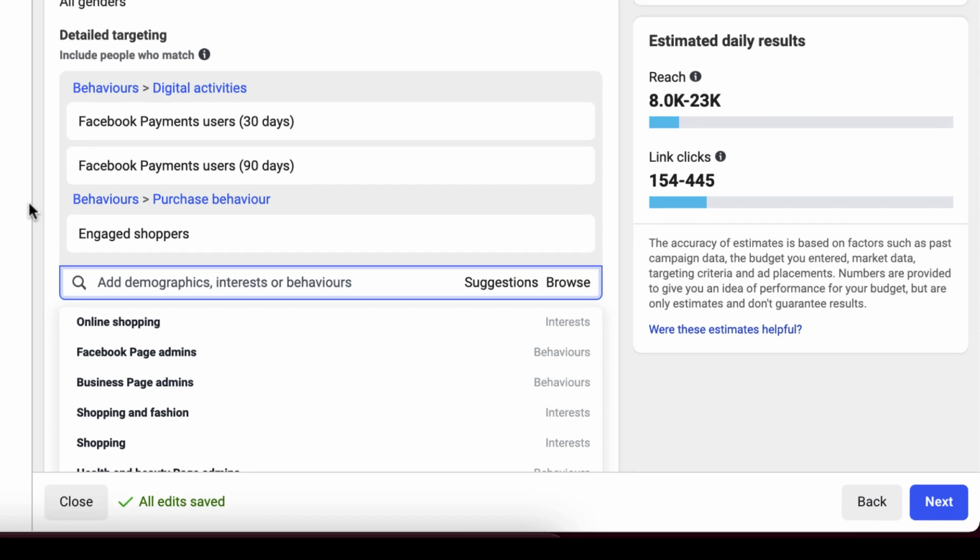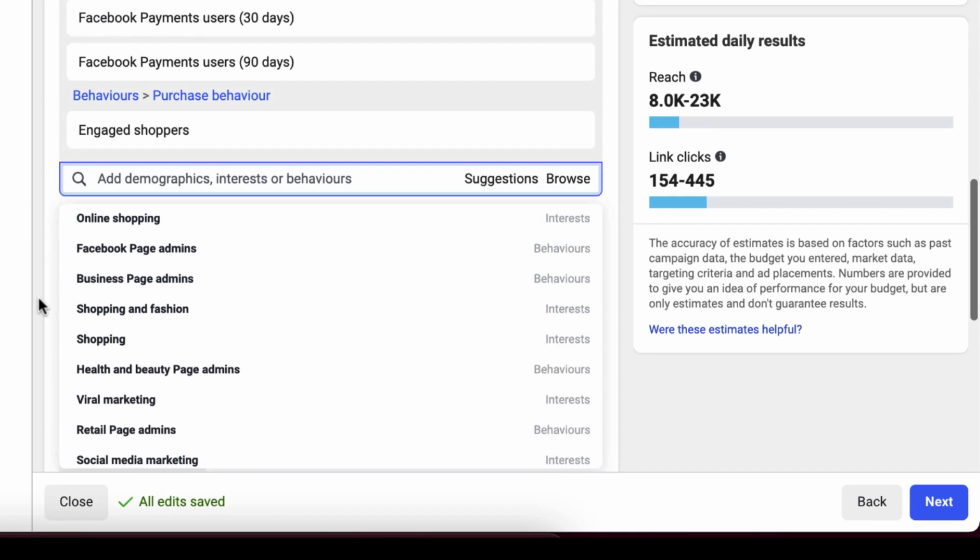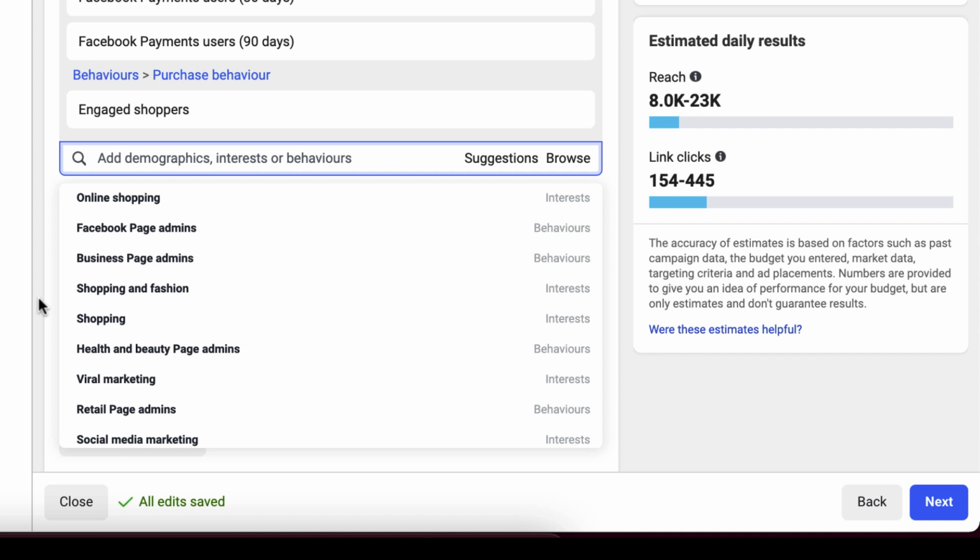And then the next option that we're going to look at is for admins, right? Page admins. The reason behind choosing page admins as a behavioral interest to target is simply because the majority of the people on Facebook that are into business, that are here to spend money on Facebook, actually own Facebook pages. They own business pages on Facebook. They own beauty pages, retail pages, those kinds of things. And they are most likely going to be the admin of those particular pages, right?